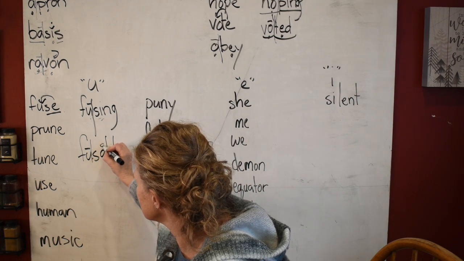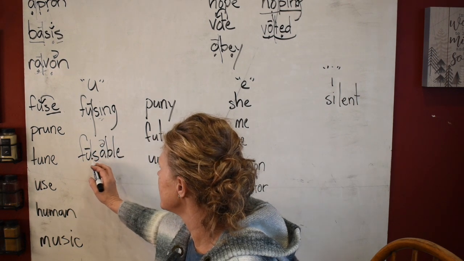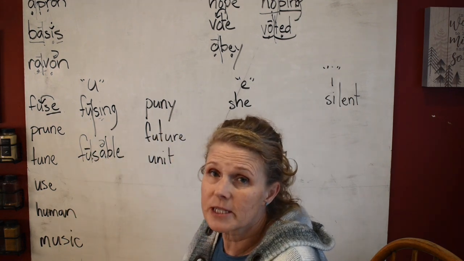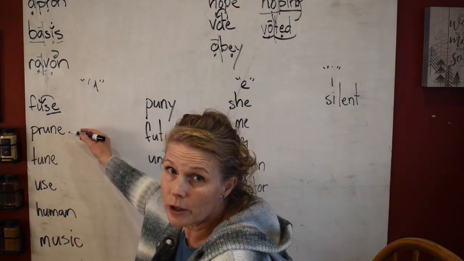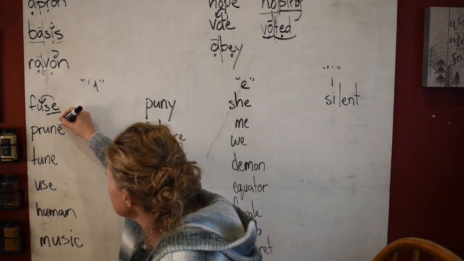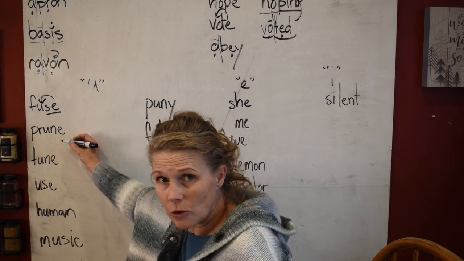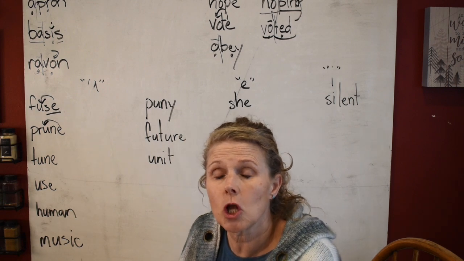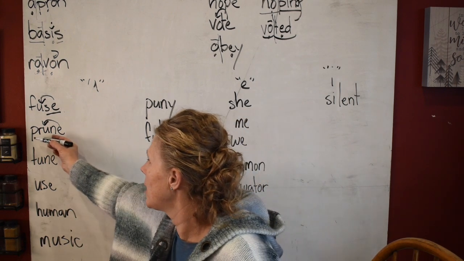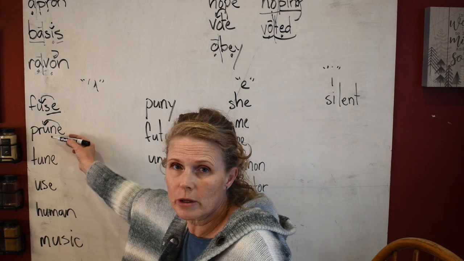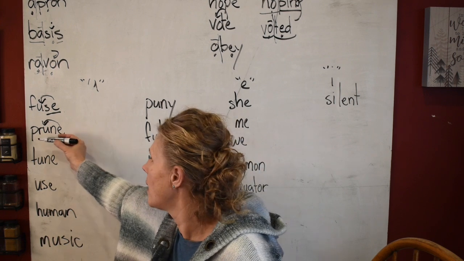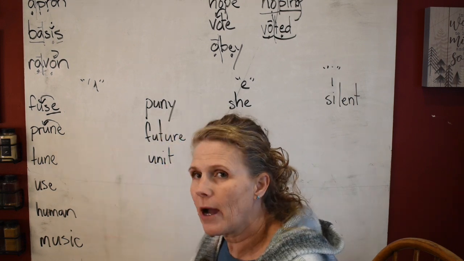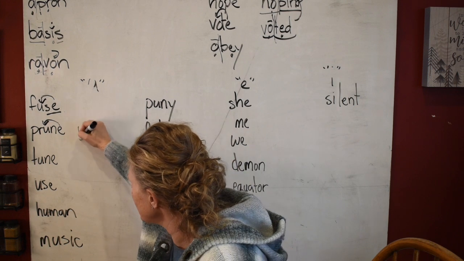Now this turns to schwa, and see what's forcing this U to be long. The open syllable is forcing it to be long. Prune. This is a silent E syllable. This E is forcing that U to say the long U sound. U-N. Prune. Now, if we add on a suffix,